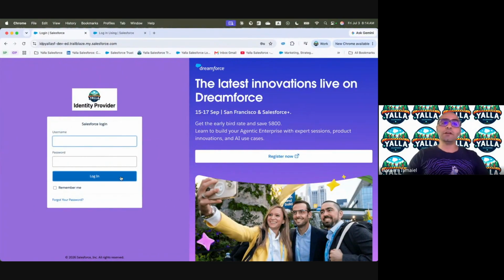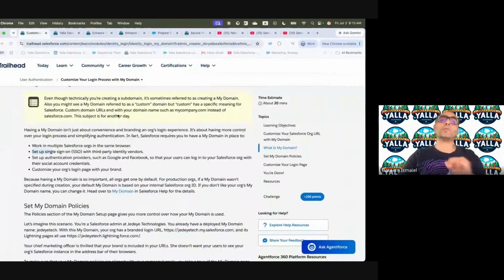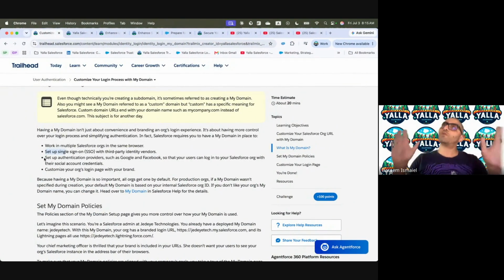So when I come in here, you will find that I didn't apply any SSO. So what is my option in here? Provide username and password. This is from the identity provider perspective. But in here, I have an option to click a button, and this will allow me to go to the identity provider. And once I am there, logged in, it's going to redirect me back in here. So I don't need to provide a username and password here, but I have the option to just use the SSO. How do we put that together? This is in My Domain, and we're going to open this up together. So far, so good.